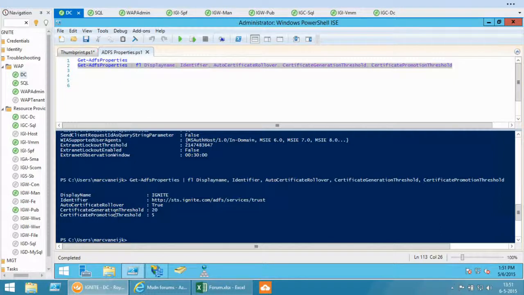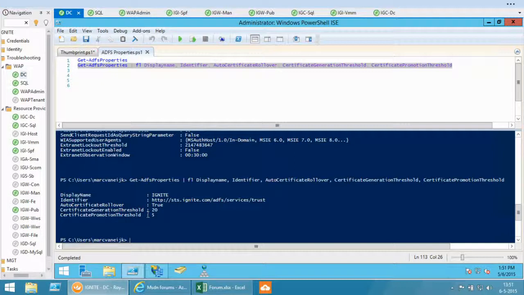That's the certificate generation threshold that will choose to create a new certificate 20 days before the certificate will expire. And the other one is certificate promotion threshold, which will create that new certificate 5 days after that new certificate is actually created. So 15 days before your certificate expires, a new certificate is automatically generated, which is fine, but